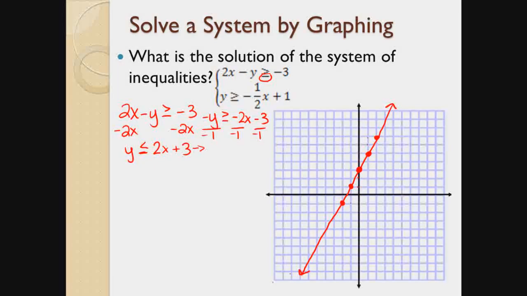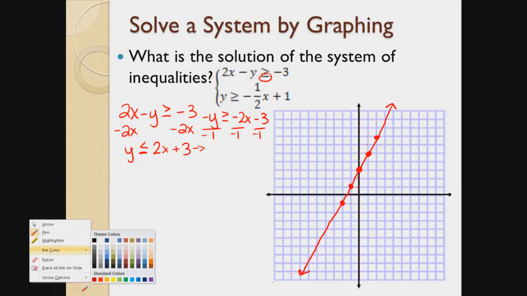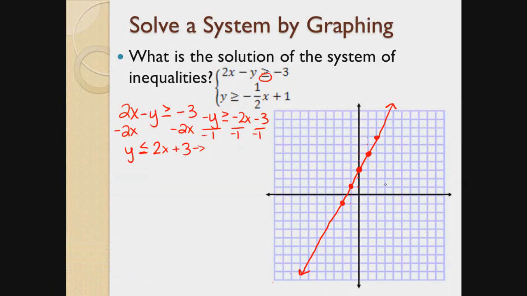Now let's pick a point to test, and we'll use that point for both equations. Let's use the point 3, 1. We'll use that for both equations. So if we plug in, we get 1 is less than or equal to 6 plus 3. That's 2 times the value of x, which is 3. And that is true, so we are going to shade,